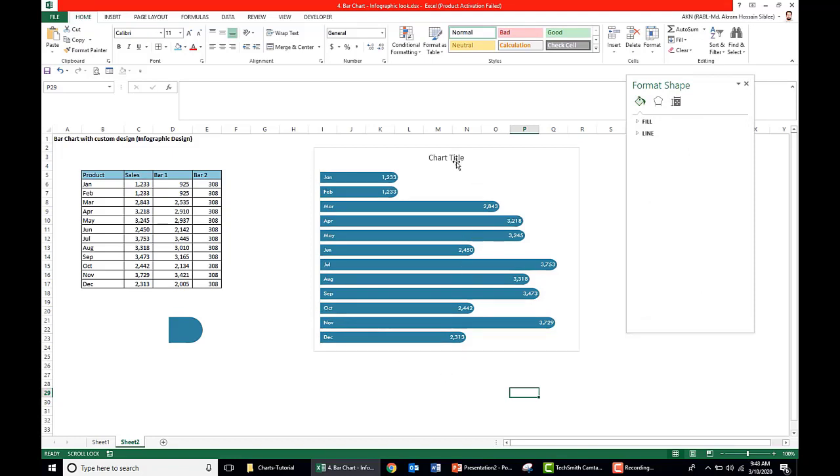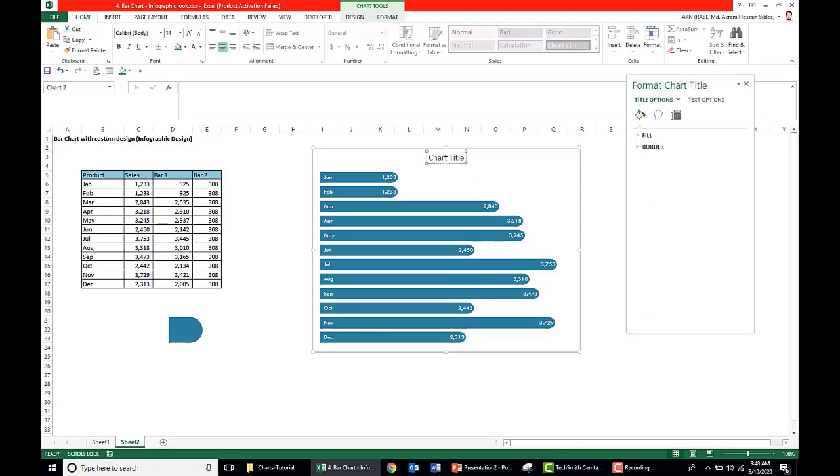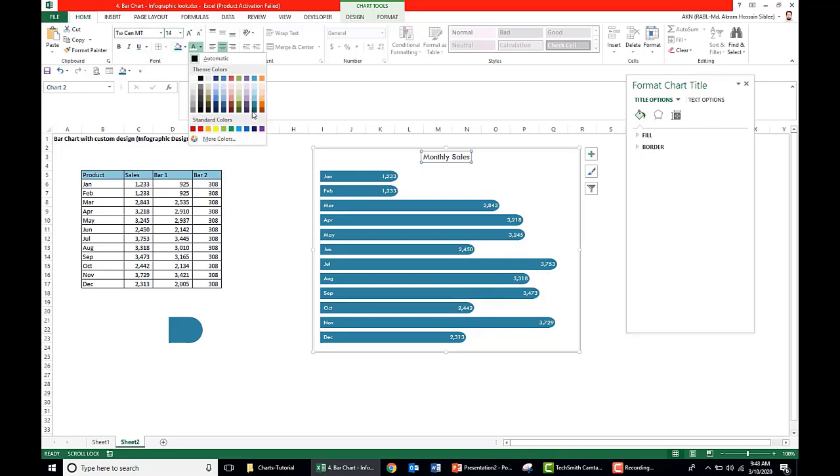Now change the chart title as monthly sales and select the font as TW Cen MT and take size 14, select the same color as the bar color, make it bold.